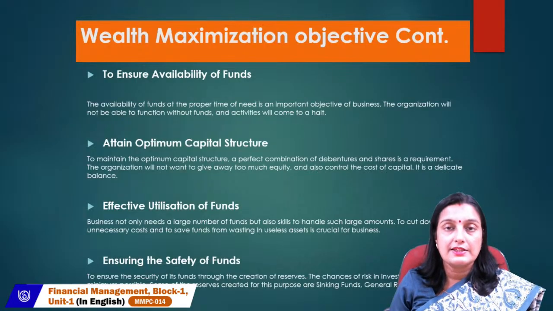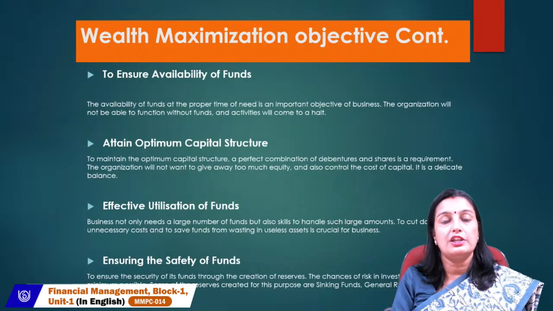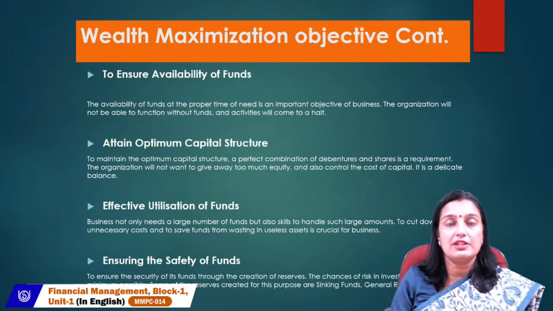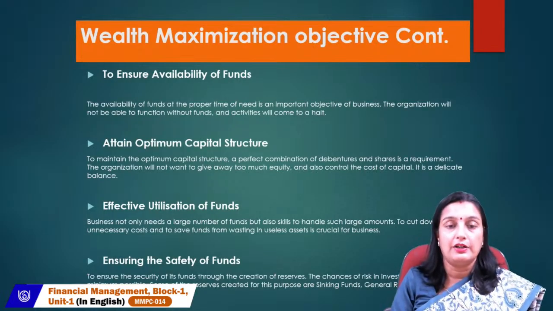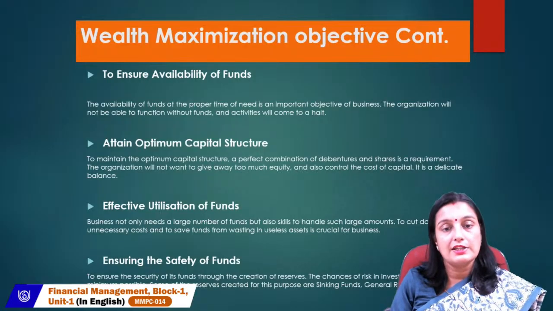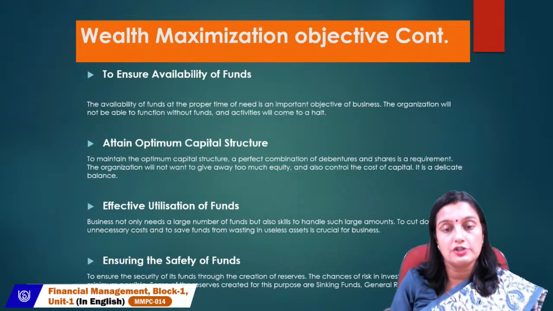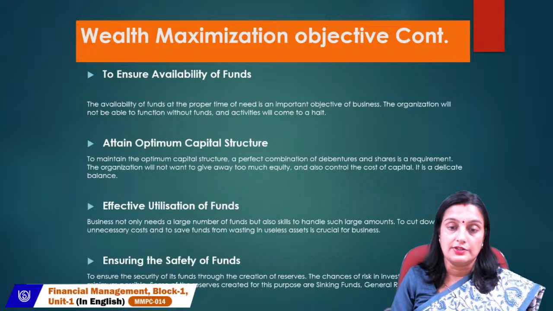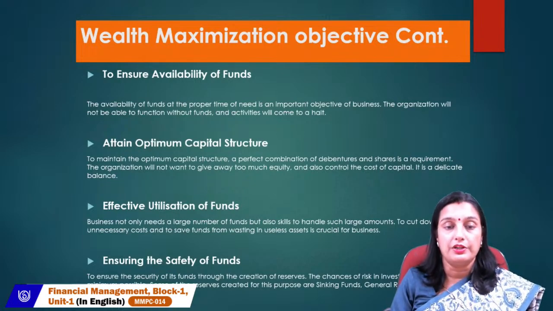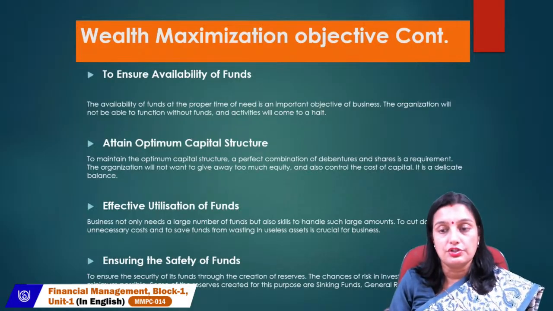If we are financing only with equity share capital, as we know, equity is the costliest source of capital. And if we finance 100% of the capital by debentures, it is also risky, because it carries a fixed rate of interest. Whether the company is earning a profit or not, the debenture holder must receive the interest. So it creates a fixed interest cost for the company. So there must be a balance between the equity fund and the debenture fund.